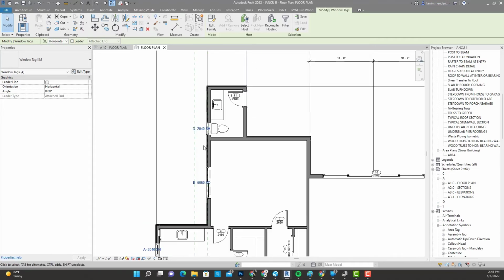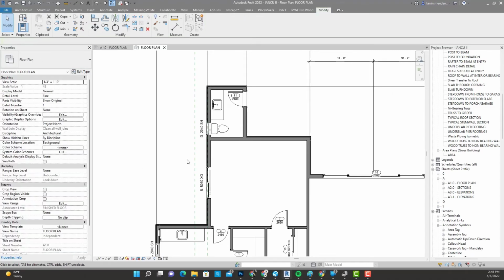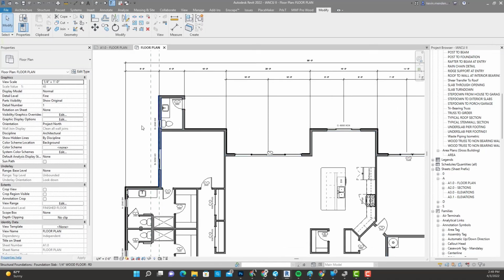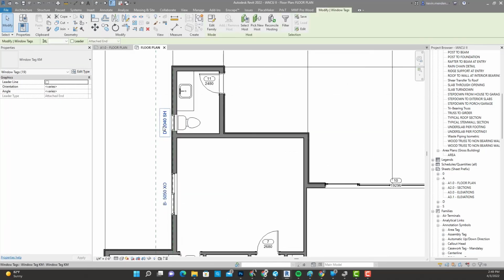So the one problem you see we have is that the tag is horizontal. It doesn't look right. It's running into the window. So we're going to select all these, and we're going to go over here, change this to vertical, and that's what we're looking for. So now I'm going to undo this, and I'm going to go back to the stock